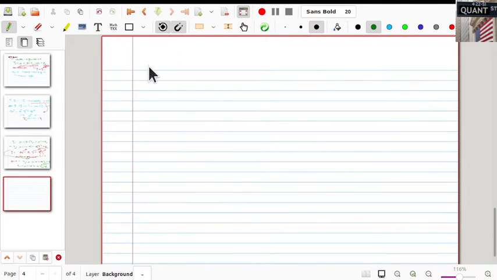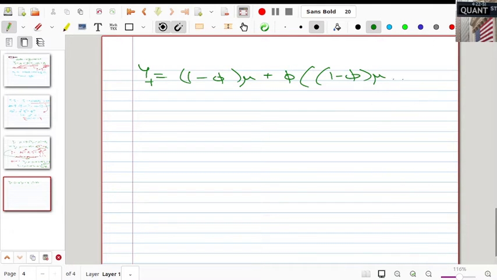Just expanding that definition of yt: (1 minus phi) times mu plus phi times (1 minus phi) times mu plus phi square yt minus 2 plus phi epsilon t minus 1 plus epsilon t,